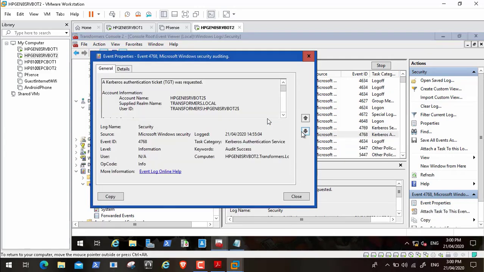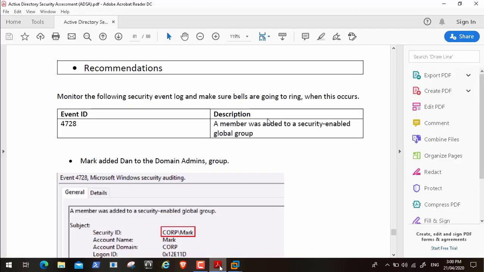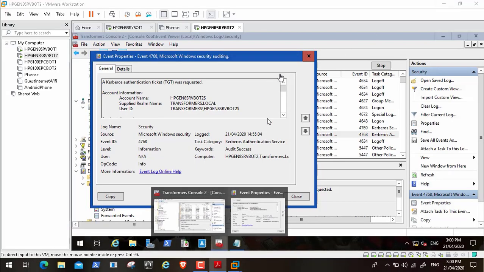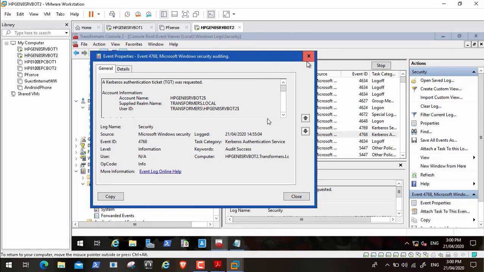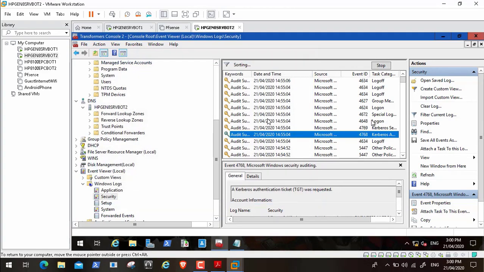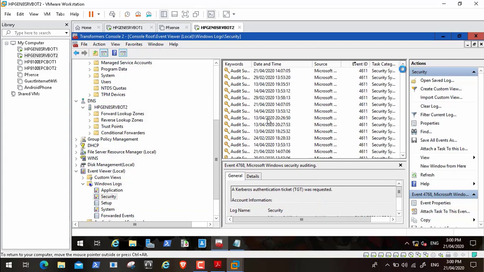So also here Huika is making some recommendation, or is giving us some recommendation to check specific event IDs to make sure that our Active Directory is secured and it's not compromised or hacked. He will give us in a couple of seconds the event ID numbers that we need to